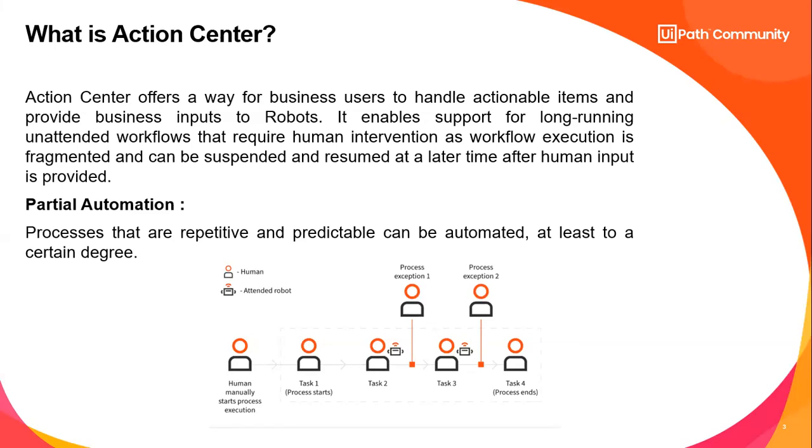Assume it as a use case. Before automation, it is done by a human, and now it is partially automated, before we had Action Center. At that time, a human will manually start the process. Task 1 will be carried out, and Task 2 will be done by the attended bot. If any validation is required, the process will stop, and the human provides all the information. He validates manually by opening the invoice and checking the scraped data. If it is not matching, he manually updates that. After updating, he places it again in the other shared drive folder, and then he starts the next task. That's what partial automation meant.